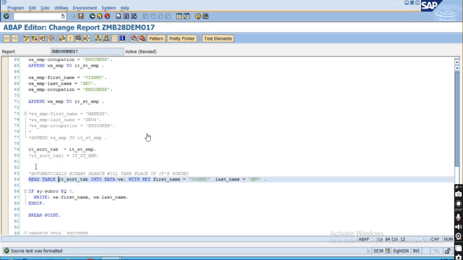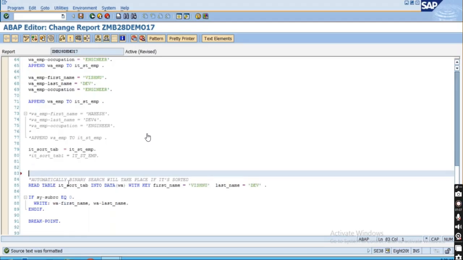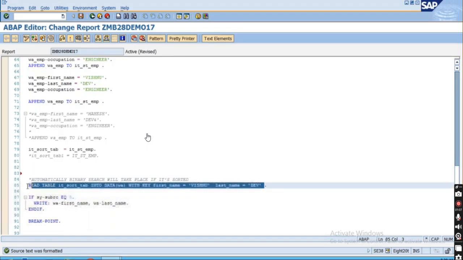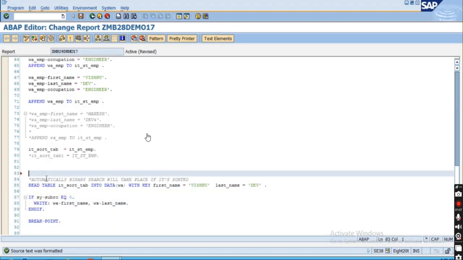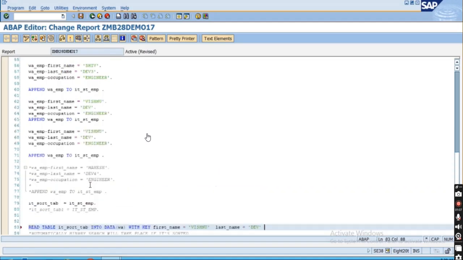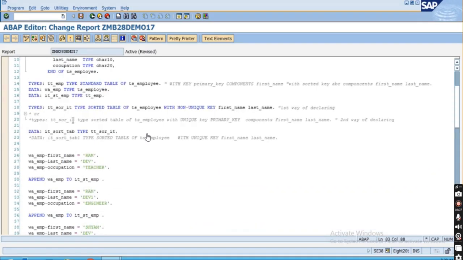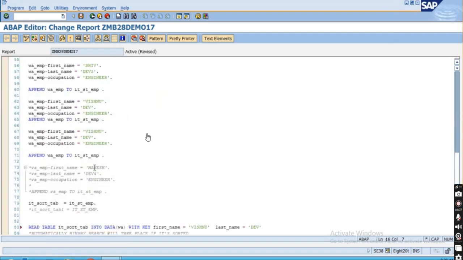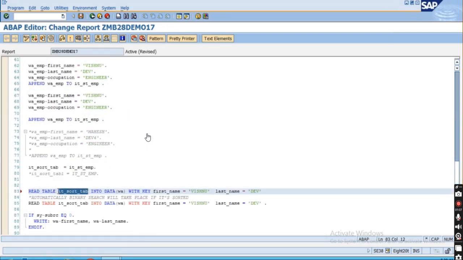The same thing, if you are going to write on the standard internal table, this is my standard internal table, it_st_emp, okay. If we use the same thing over here, it will use the sequential search, okay. But